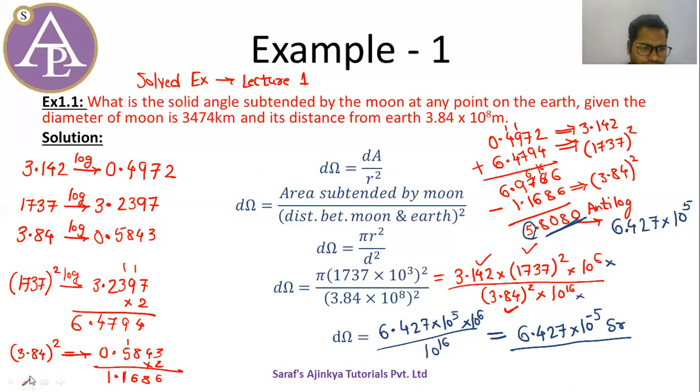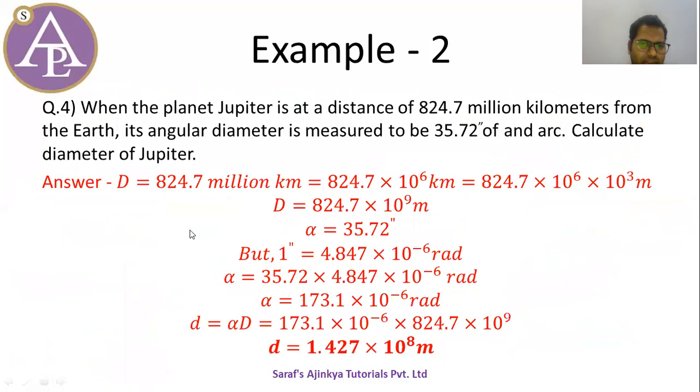Okay. Now, if it is square, what will you do? If it is square, you multiply by 2. What will happen if there is cube? Cube, multiply by 3. Correct. That is how you have to do. So if the power is n, so a to the power n, then you find log of a, and to that log you multiply by n. So how do you find the log of a to the power n? Find the log of a, and multiply the resulting log by n. That is how you do it. Okay. I have a lot of examples. Don't worry. So this is one more example.